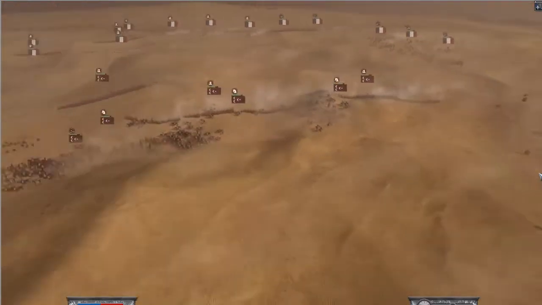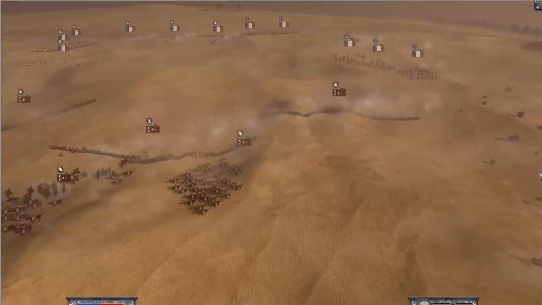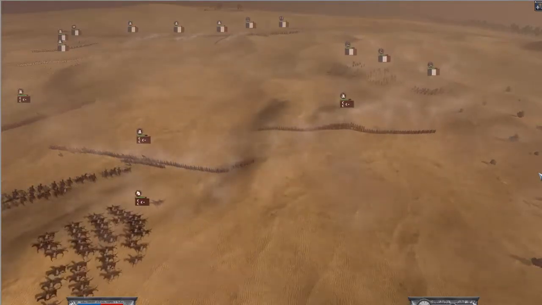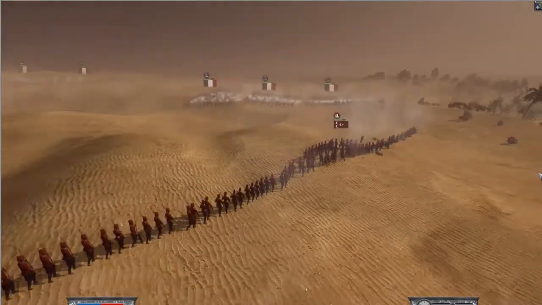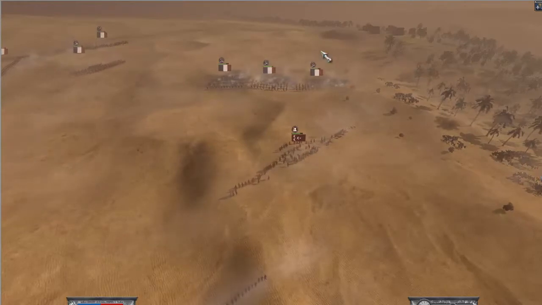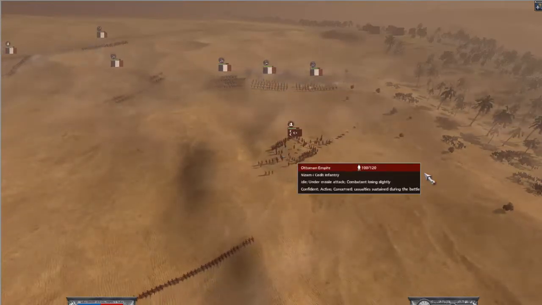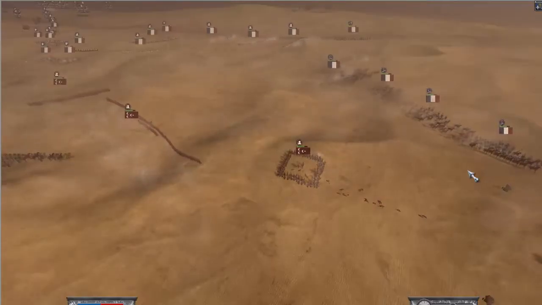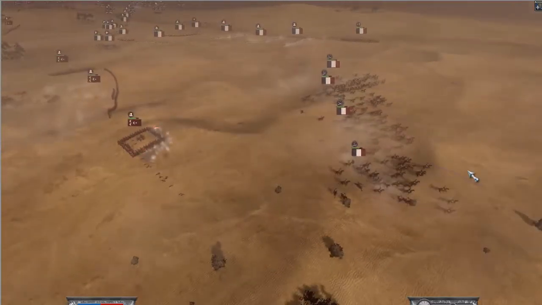The Ottoman will try to withdraw his right flank, and he will try to get them in better position, but this poor Nizam foot infantry will get some shots from this mountain shooter cavalry. They lost 90 men. And he will form a square